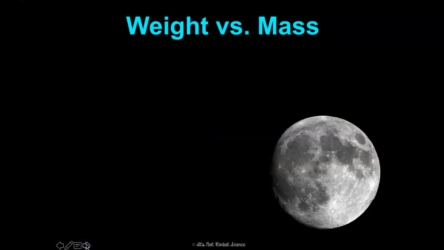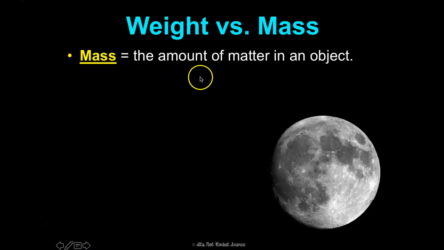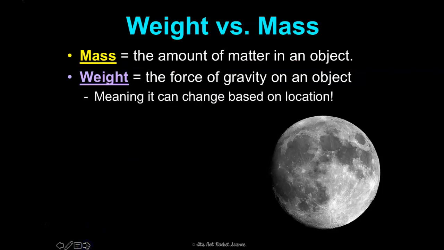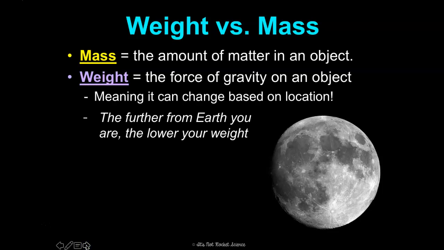All right, so what is the difference between weight versus mass? Because we say, I weigh blank kilograms or I weigh blank pounds, but that's not exactly the same thing. Mass is the amount of matter in an object, and weight equals the force of gravity on an object. So it can change based on location. So the further from Earth you are, the lower your weight. If you're on the moon, your weight would be 1/6 of what it is now. So if you weighed 100 pounds,